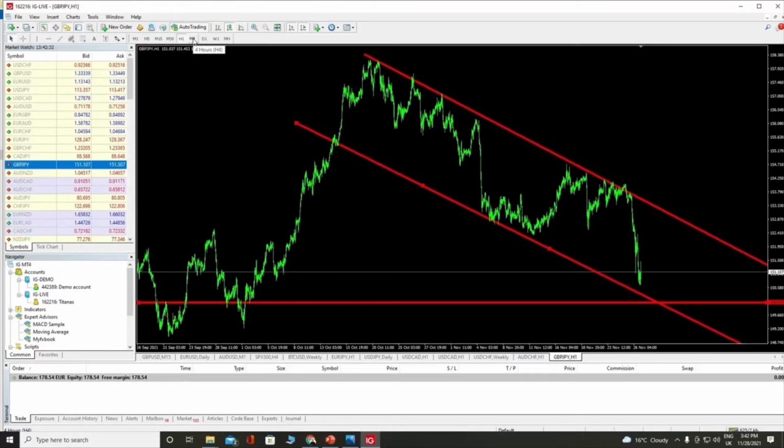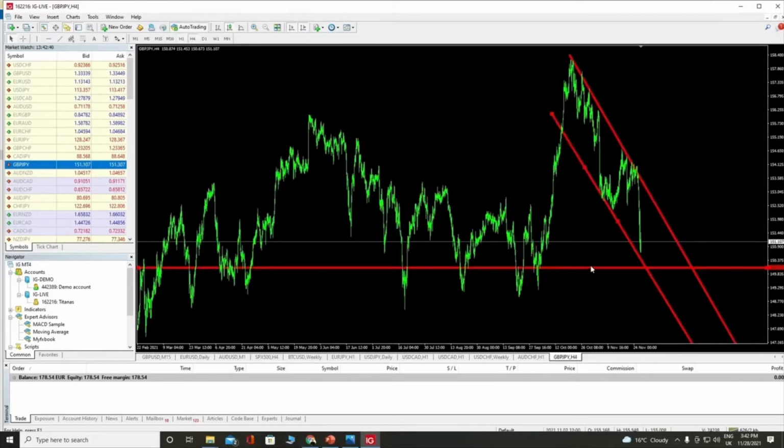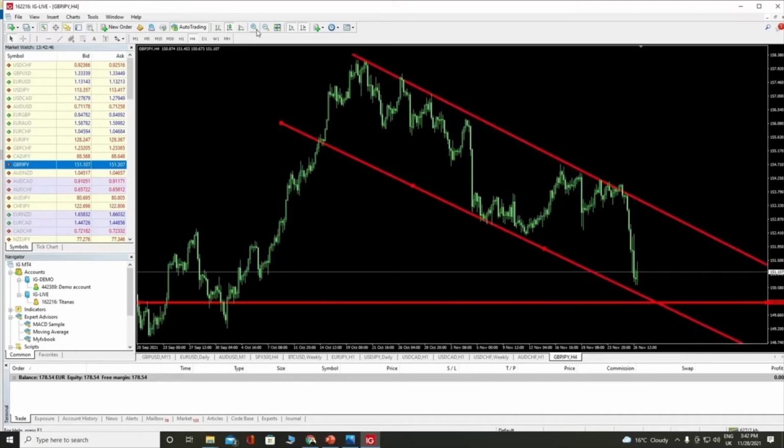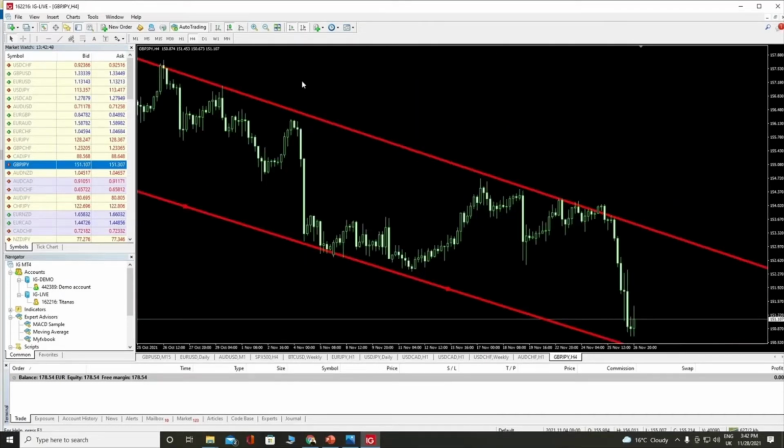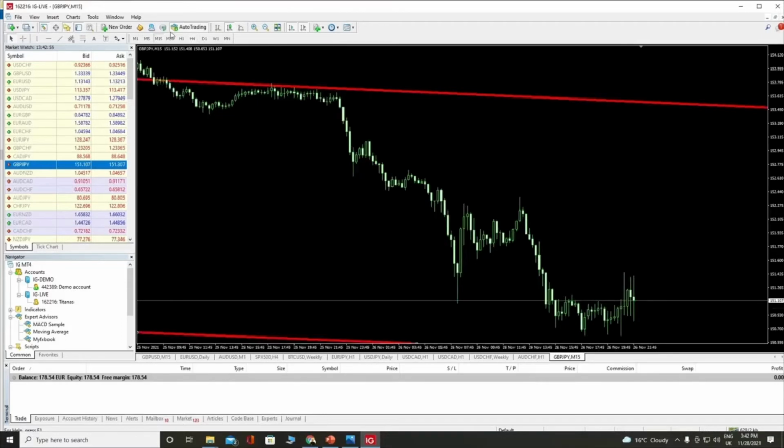I will go to the 1 hour chart and I will choose the 1 hour. I would benefit if I went long at this point. The reason is that probably the price might jump from this point. So now we have a better idea when we use two time frames, like the 4 hours, the 1 hour and the 30 minutes. If you go to the 15 minutes,